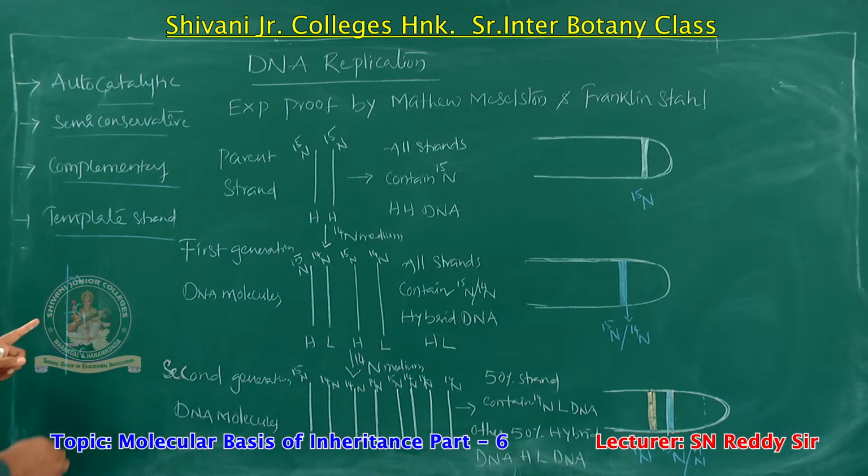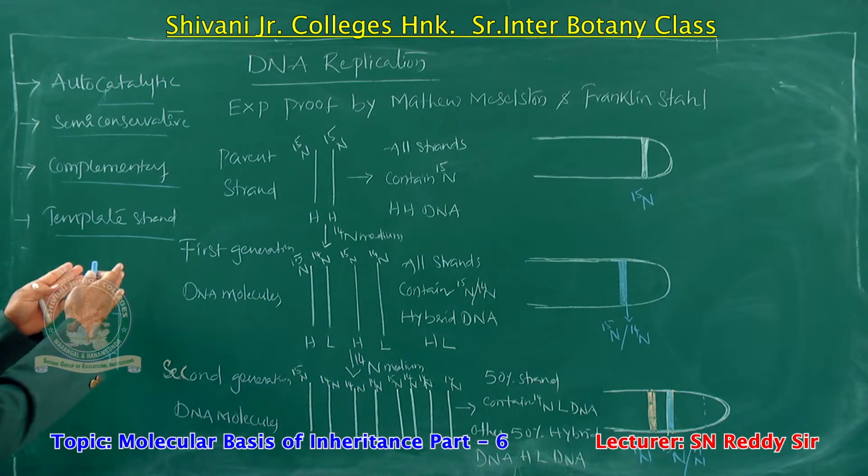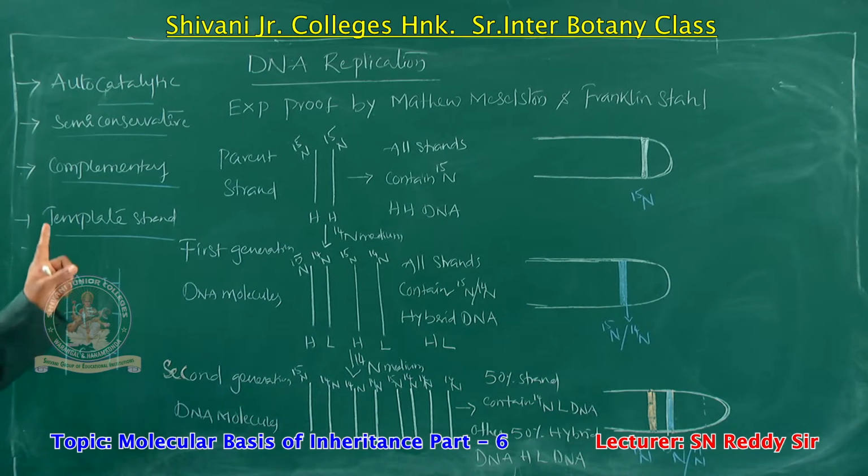In this, you observe this is one strand of DNA. Then we have to write the next strand's structure. Here, A always pairs with T, G always pairs with C, and C always pairs with G. That means if we know the structure of one strand, automatically we know the structure of the other strand. That is the complementary base pairing rule.